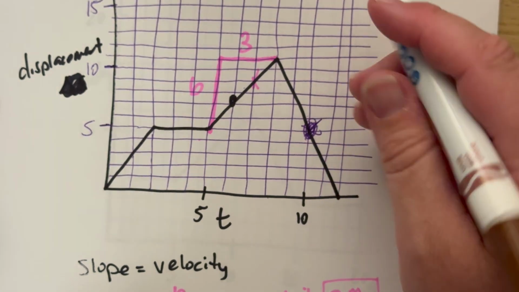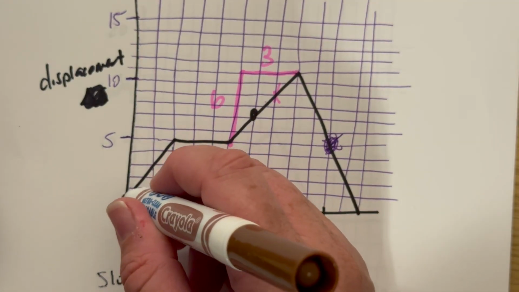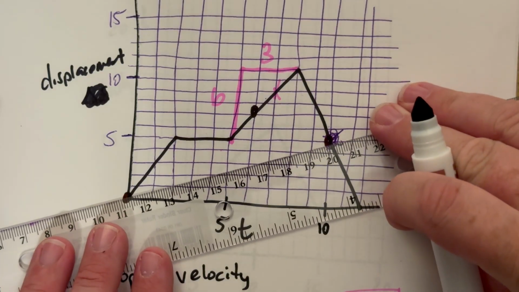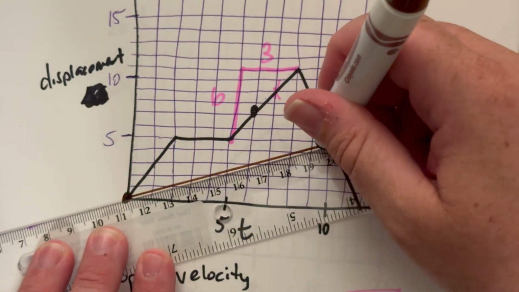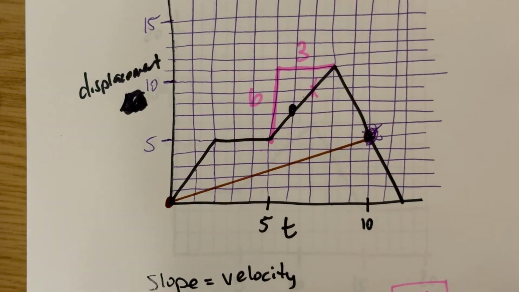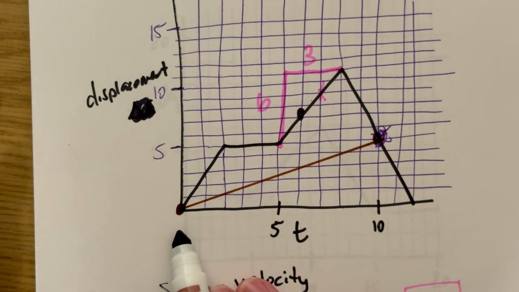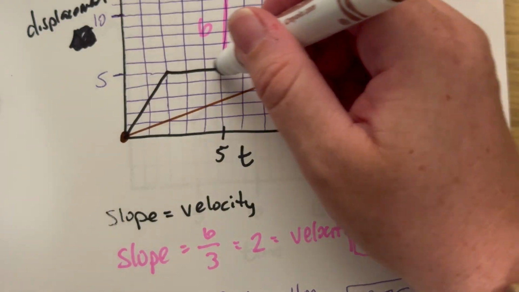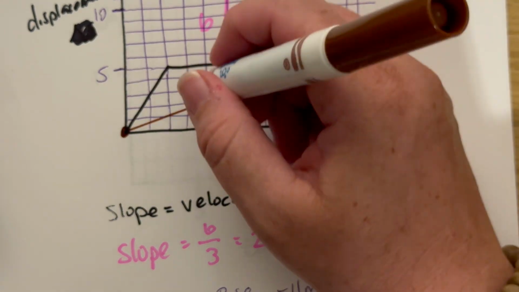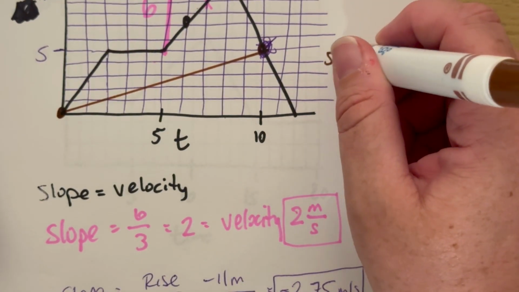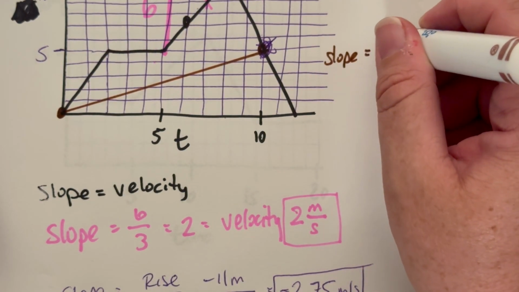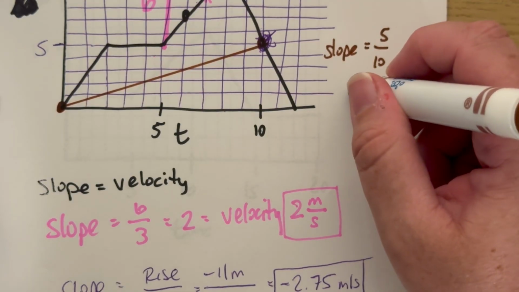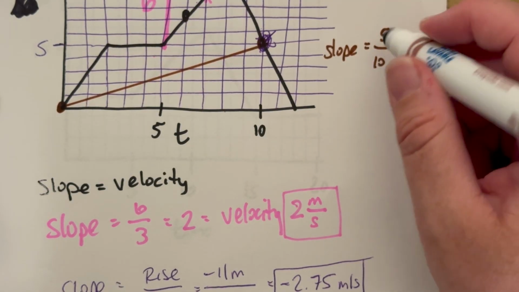But my average velocity for the first 10 seconds is that I would go from here to here, and I would draw that line. So when I put that line in, I'm going to do it in brown here. I'm not sure if you can tell the difference, but the slope of that line is my average velocity from 0 seconds to 10 seconds. So I need the slope of this line. Well, if I follow this over here, it's at positive 5. So the slope here is a rise of 5 and a run of 10. My average velocity in this time is 5/10, so 1/2 or 0.5